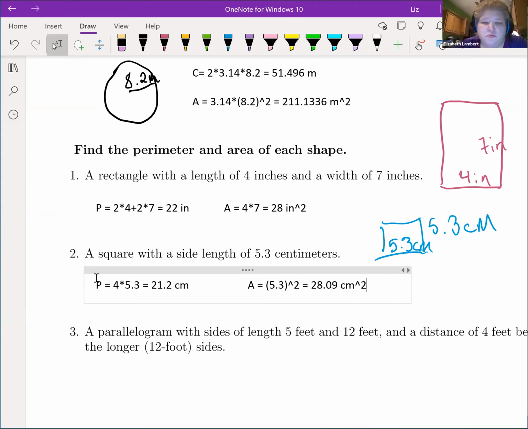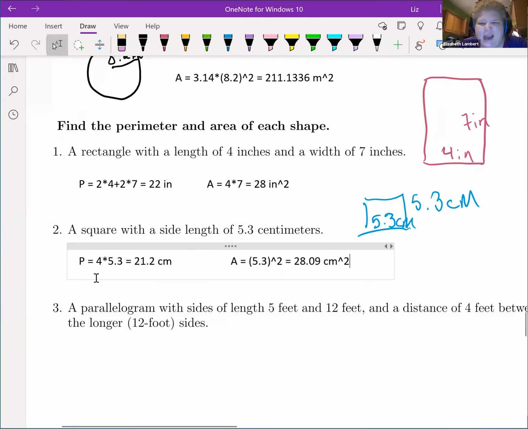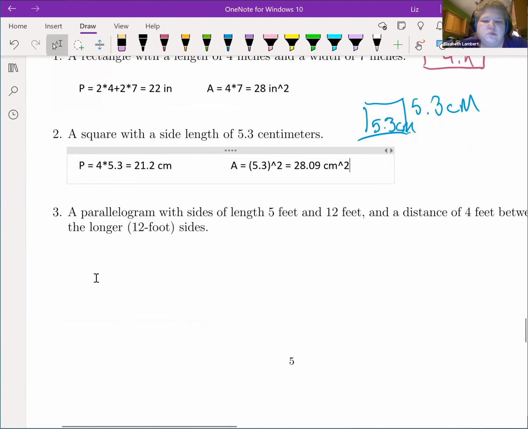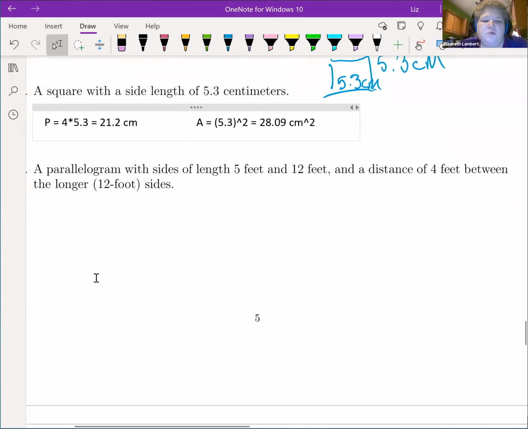All right. So this is only the tiniest bit bigger area than our 4-inch by 7-inch rectangle. So the 5.3, oh, well, that's inches versus centimeters. Never mind, bad comparison. Like we could convert one to the other, but it gets kind of hairy. All right, now